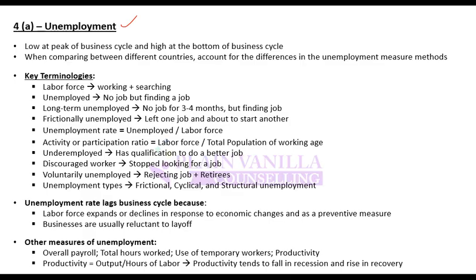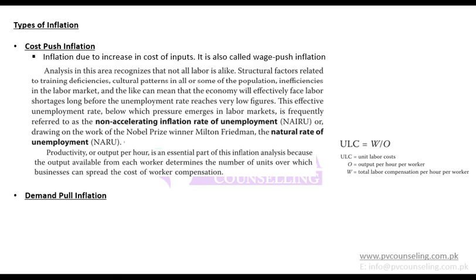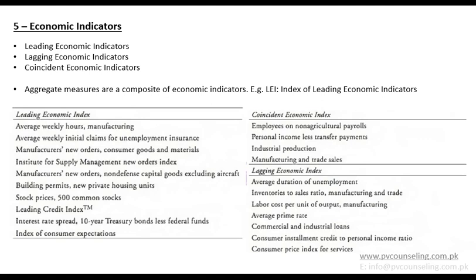So we discussed inflation, unemployment, capital spending, consumer sentiment, and inventories. All these are different economic variables and economic indicators. Key indicators that we discussed at the start were capital spending, inventory, and consumer sentiment. These were the only three, but in reality there are many indicators which can indicate something about the economic movement.